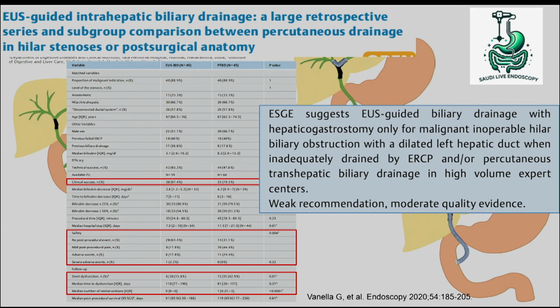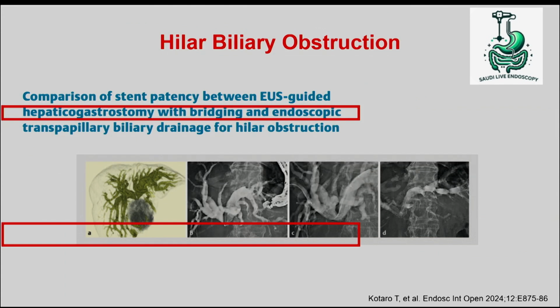And the ESGE suggested that drainage with hepaticogastrostomy should be done only for malignant inoperable hilar biliary obstruction with a dilated left hepatic duct. I think this will change with time, because now there is treatment of benign hilar stenosis, in which the dilatation is not so big as in malignant disease. So this is another very interesting